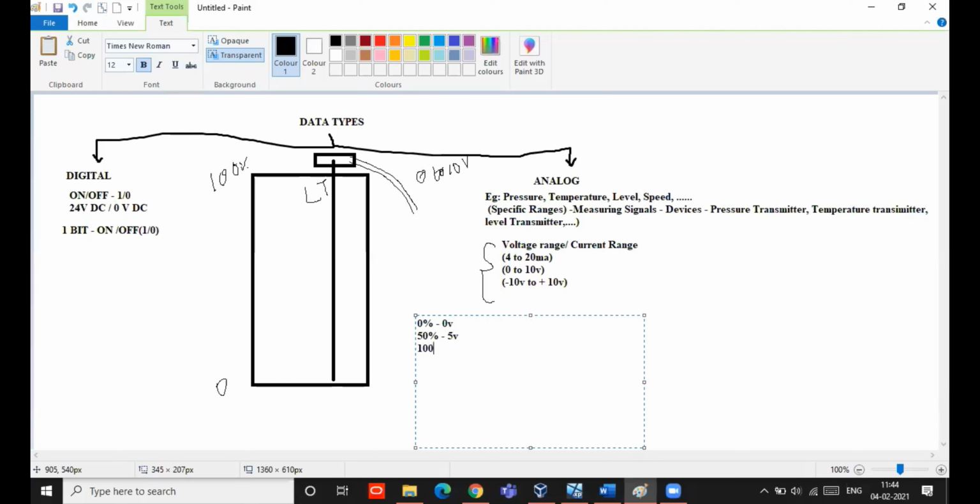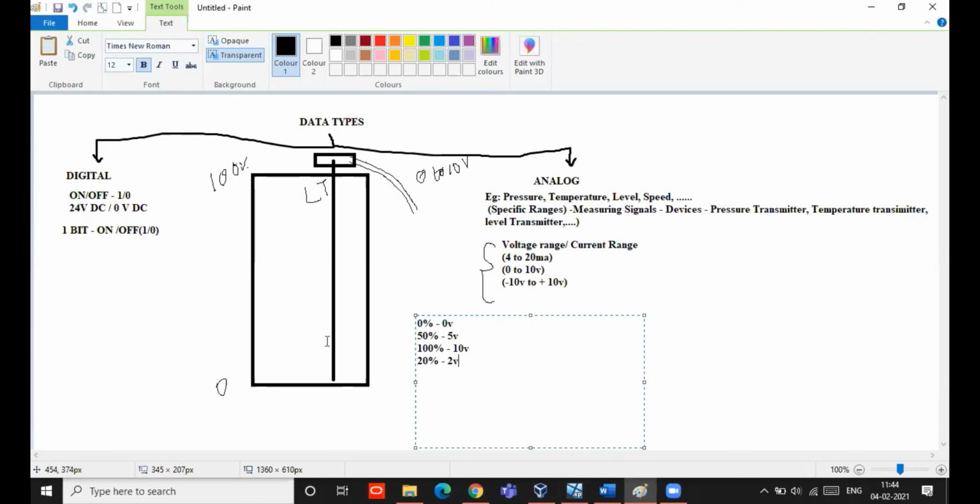If tank level reaches 100%, the level transmitter's output will be 10 volt. Like that for every range. For example, if tank level is 20%, it will be 2 volt. So for every level, it will give some signal as output.